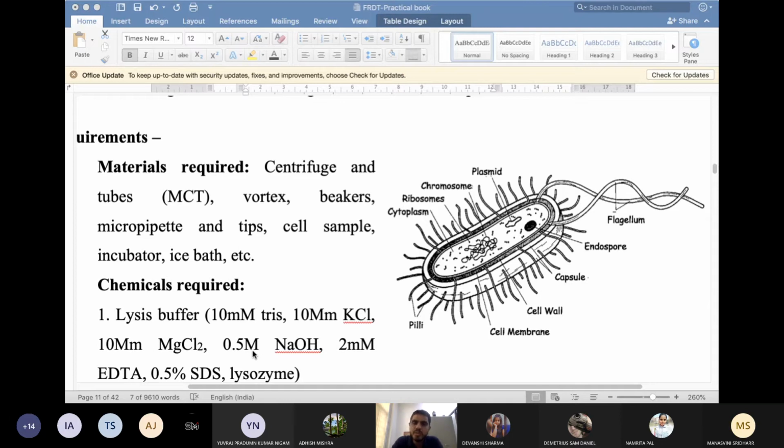So now a simple question: if the matter is not dry, if your matter is semi-solid, most of the cells are going to be semi-solid. There is going to be a large amount of water content, and most of the time you are growing in culture, or if you take a tissue sample from my finger or whatever surface, they are definitely going to be semi-solid, not dry. So then how do you grind them? In that case, how are you going to grind it? A semi-solid substance you want to grind, then how are you going to grind it?